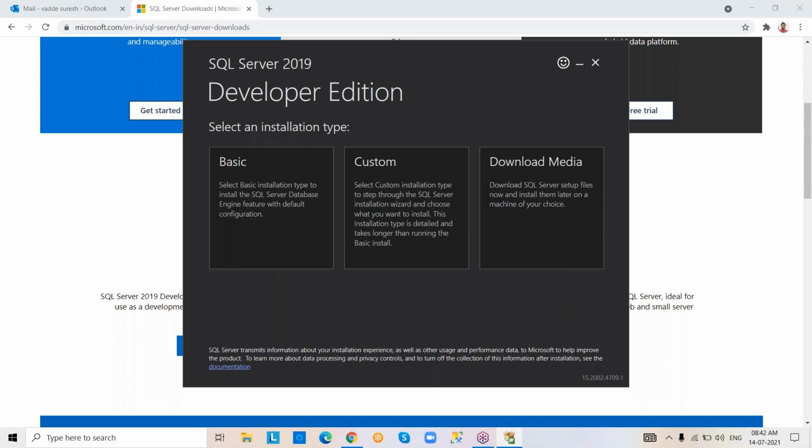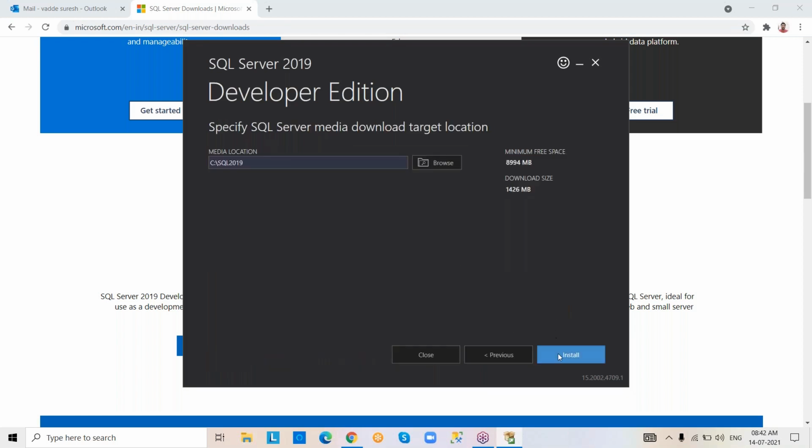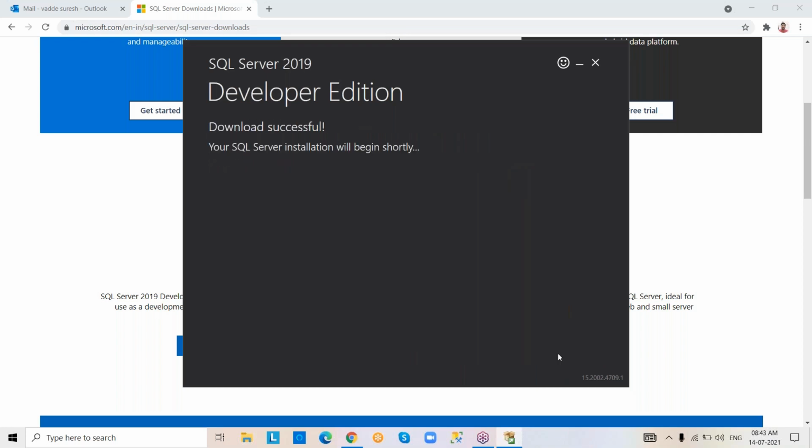So now go to Custom. Inside Custom, you can see Install.